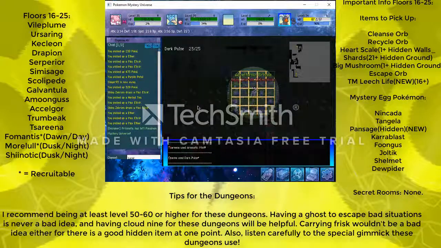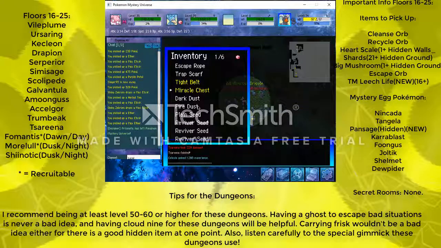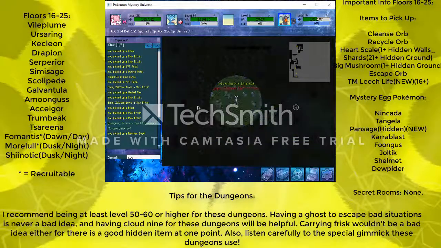Oh, and there's a perfect. I was about to say, there's a Reviver Seed for us to make up for the one that we had to use because of Final Gambit. Perfect. That brought us up to 97. Let's see if we can maybe hit like...